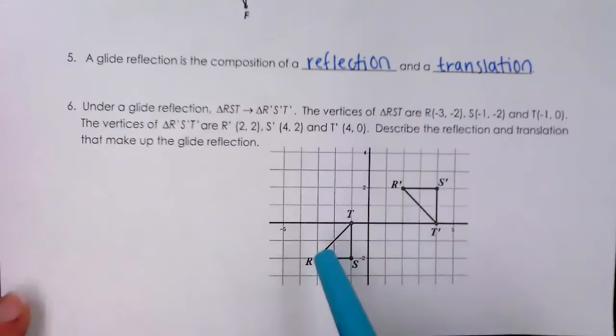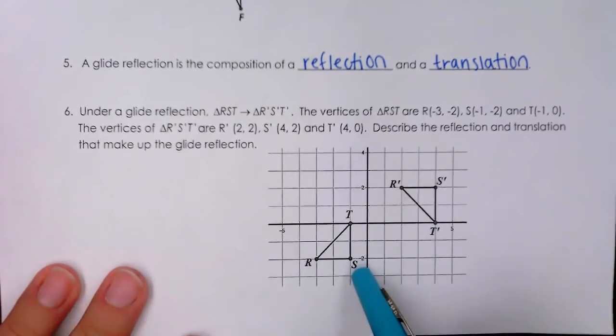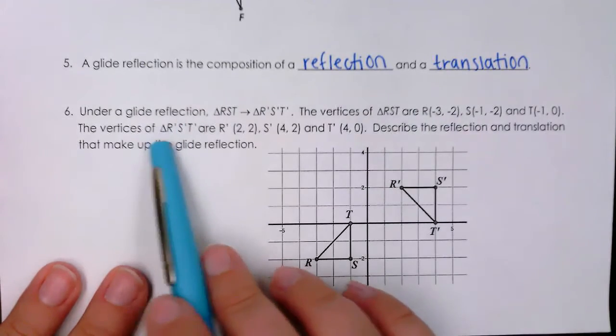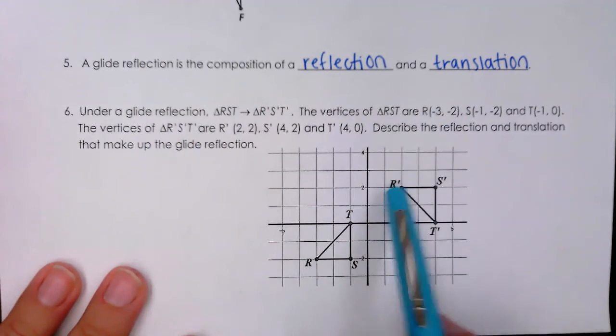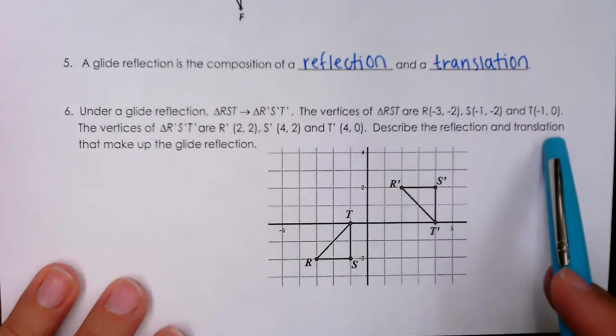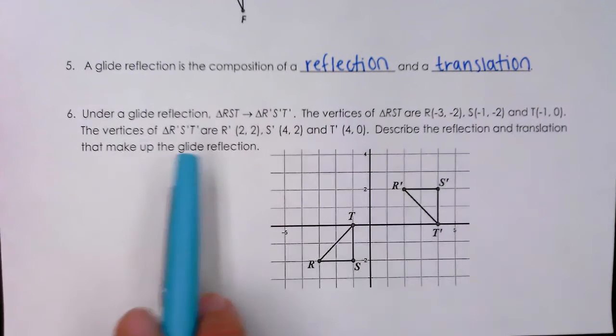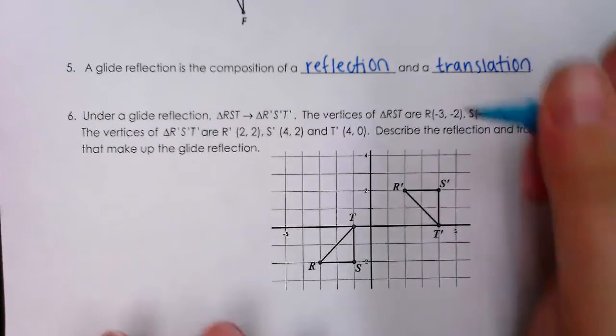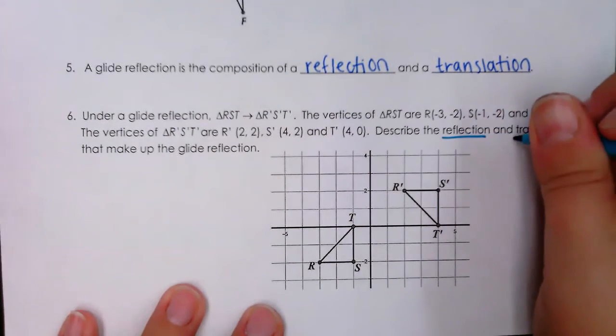So I have triangle RTS, and the vertices of the triangle are given here. And then the vertices of R prime, S prime, T prime are given right here. What type of reflection and translation would make up this glide reflection? So you're going to have to actually describe the transformations. So when I describe these transformations, I know that a glide reflection is made up by a reflection and a